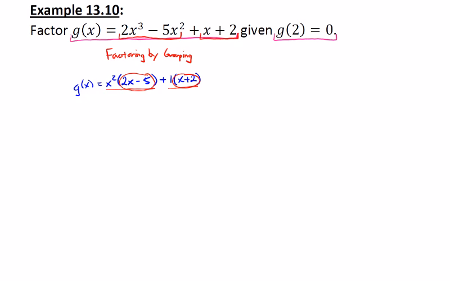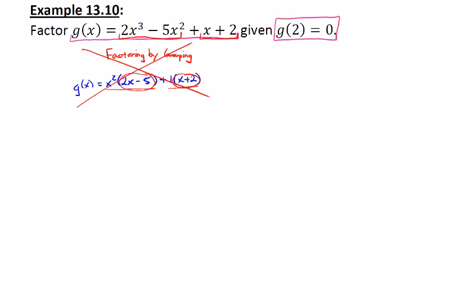So this is an example where a traditional factoring technique doesn't work, even though we've seen it work in the past. So factoring by grouping, I'm just going to cross that out. Factoring by grouping is not going to work here. So instead, there must be another way to be able to get the factoring done. Well, we now have seen that division can simulate the factoring for us. So there's an extra piece of given information here that we haven't used yet, and that is g of 2